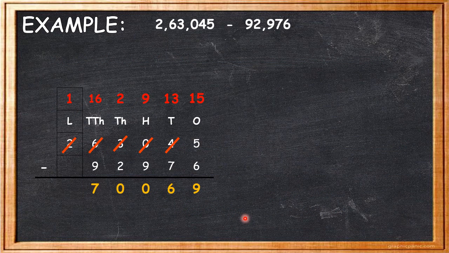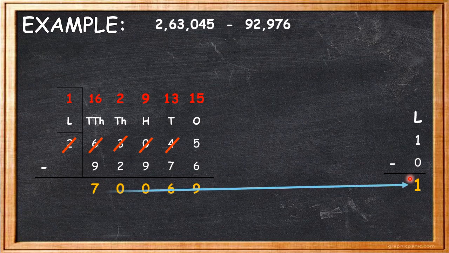After subtracting the 10,000s column, let's subtract the lakhs column. Let's check the digits under the lakhs column. 2 and 0. But here we are having 1 because the lakhs house helped the 10,000s with 1 lakh. So we are left with 1 lakh. So 1 minus 0 is equal to 1. And this 1 we will write in the lakhs column. Is it clear?